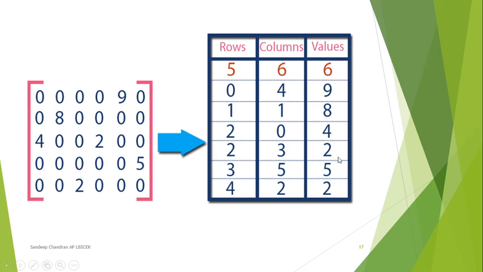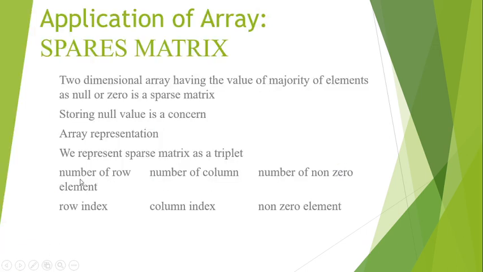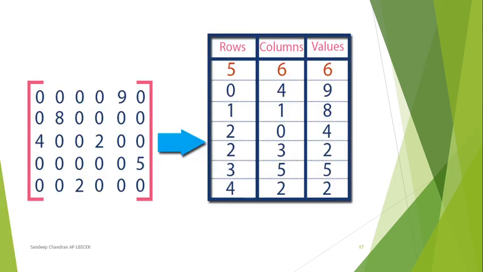A lot of memory we can save. So the idea is like this. First we represent the number of rows, number of columns, and number of non-zero elements. Then the elements will be represented: a row index, a column index, and the non-zero element. Only the non-zero elements will be represented in this representation. If somebody asks you what a sparse matrix is, it simply means a matrix having mostly zero values. That can be represented like this using a triplet representation. There is another application of arrays. Next module we will talk about